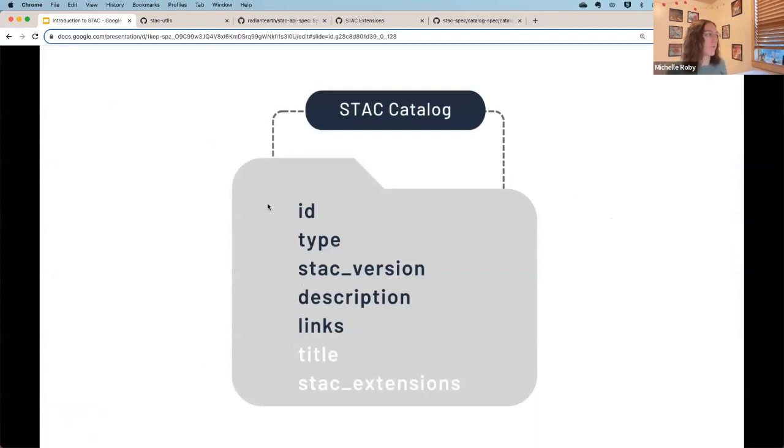And so we went through to have a STAC catalog, the ID, the type, which is always going to be catalog for a STAC catalog, the STAC version, which is just going to be the STAC version that you currently are working with, a description, and links are required. And then we talked about a title could be optional, and if you have more information, you can add STAC extensions.